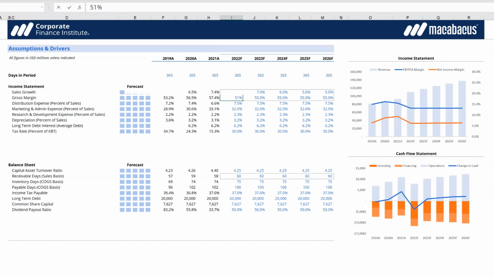Remember, not all of their sales are going to be affected, but certainly the sales volume that's going to Walmart. And then we can assume perhaps they recover some of their pricing power going forward, get back to something a little more normal looking, maybe not quite 55%, but a higher number. And we can see how that affects our income statement as well as our cash flow statement by way of cash flow from operations.